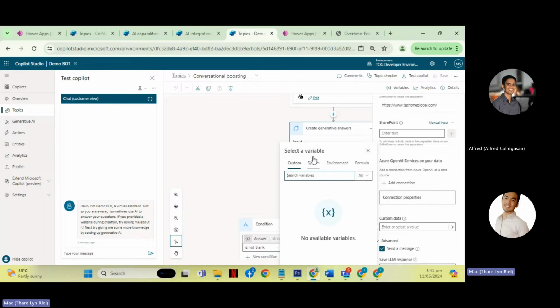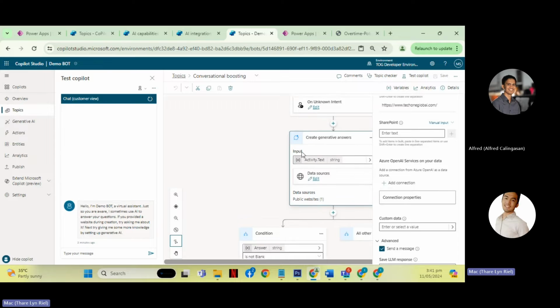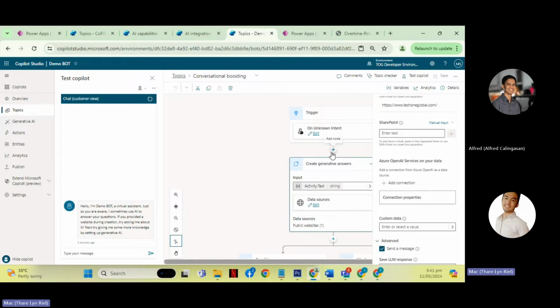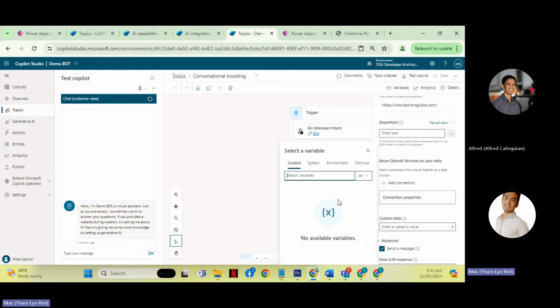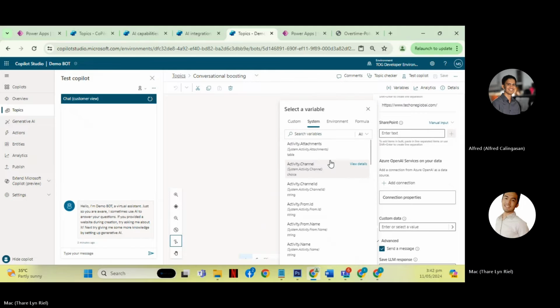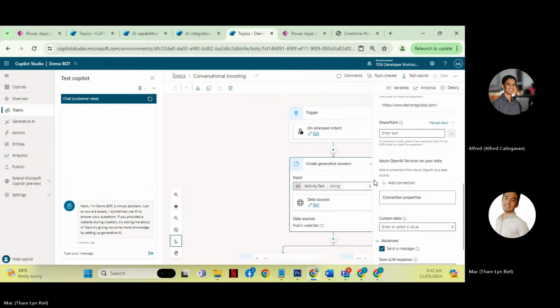For the custom data, sometimes there's a scenario where you need to get the data from here and then put it on a variable and then put it here. Right now I don't have a variable, so it doesn't show anything. But after you do that, it will show on that tab.